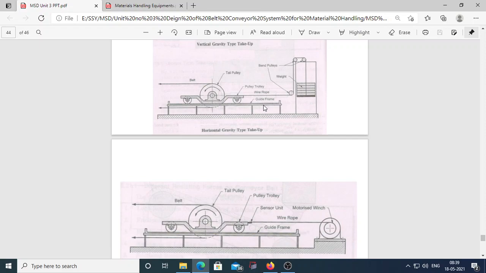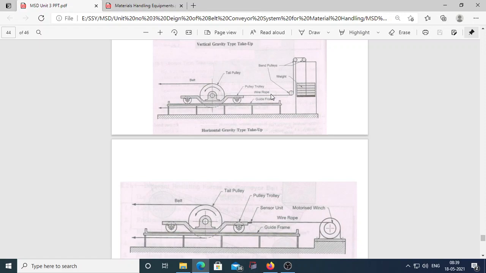There is a rope attached to that pulley trolley. As the take up device moves in the horizontal direction, it is known as a horizontal gravity take up device.